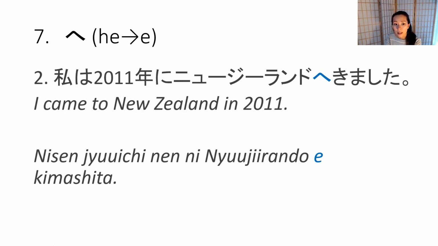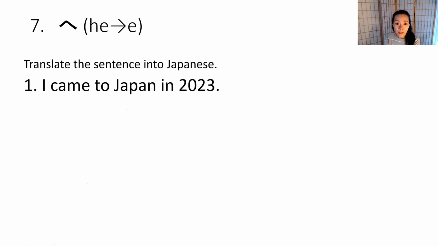We have covered the time particle in other lesson videos. Then New Zealand is where I live now, so I use it as the example. ニュージーランドへ来ました。来ました is the past tense of 来ます. Okay, a little bit long, but we can practice. Repeat after me. 私は2011年にニュージーランドへ来ました。